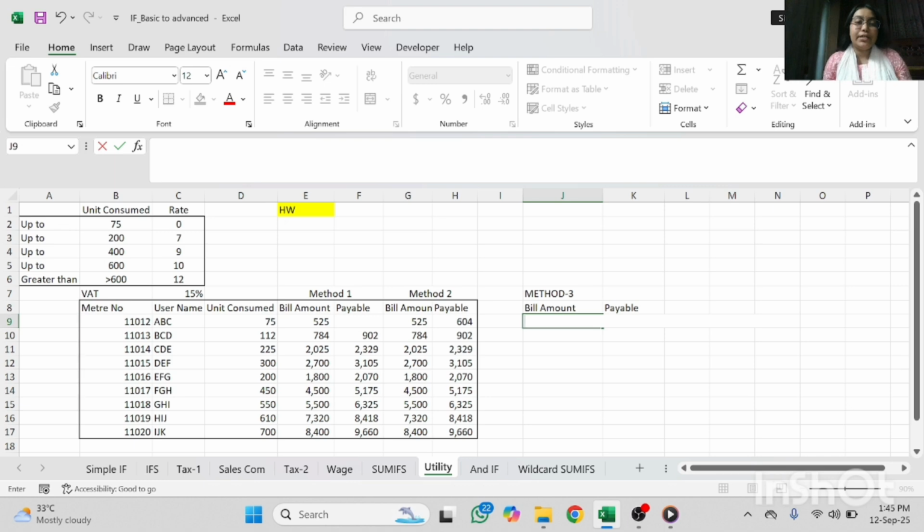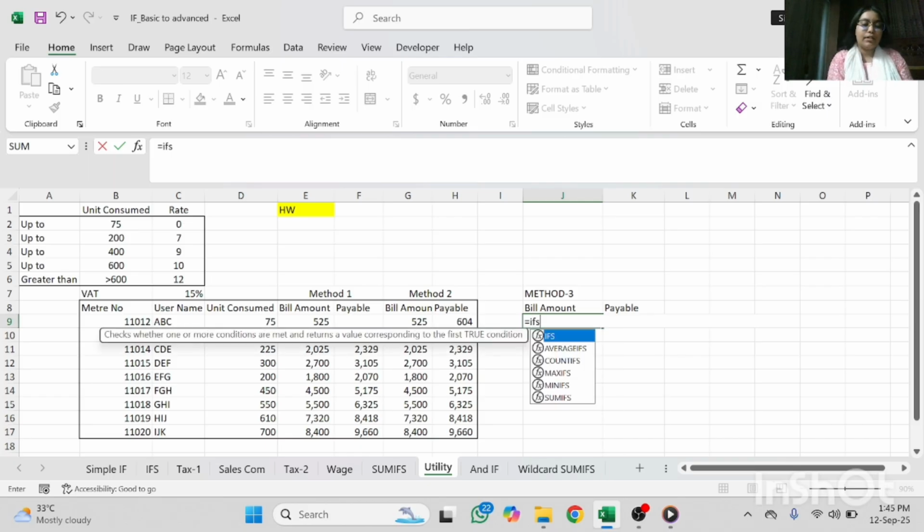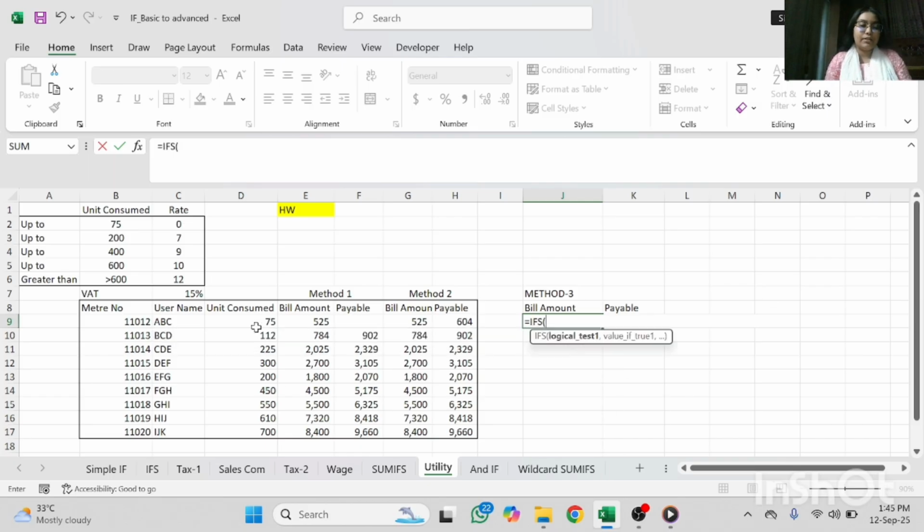Now I am calculating utility by IFS formula through Excel. Here we can see so many conditions given: unit consumed, and rate. Based on these conditions, now calculating bill amount. Firstly, equal IFS tab, then unit consumed D9 greater than B5, comma,